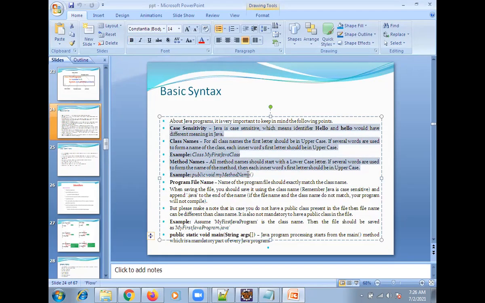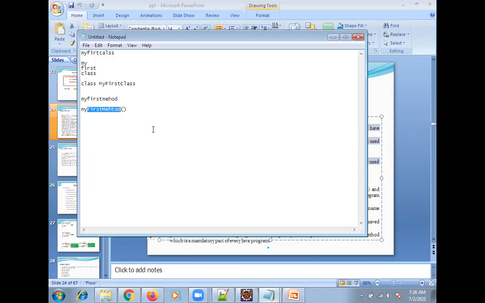Now tell me, I want to develop one class to print prime numbers, with an example. I want to keep my class name as prime number example. Tell me how I need to write the class name.